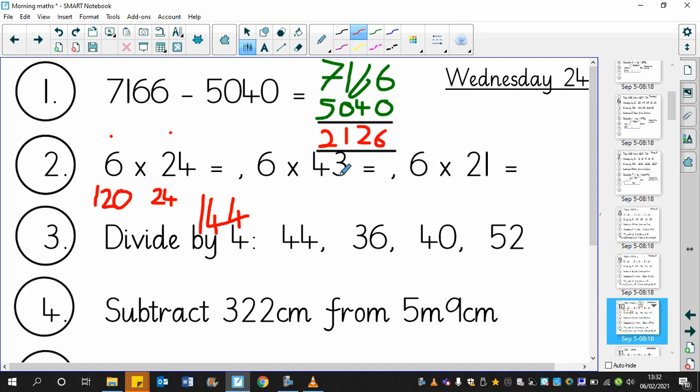Anyway, next question, 6 times 43. Well, 6 times 40 is 240. Now if you don't believe me, I can prove that. 40, 80, 120, 160, 200, 240. If I was counting on my fingers you couldn't see my fingers, but you can see my dots, so that's good. Right, 6 times 3 is 18, and again, if you don't believe me, 3, 6, 9, 12, 15, 18. There we go. 240 plus 18 is